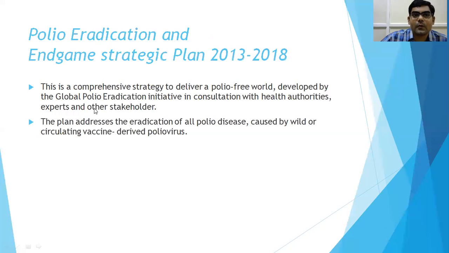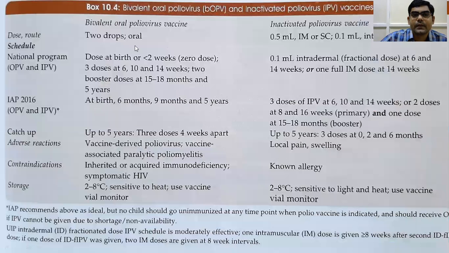One more thing I want to tell you is the National Pulse Polio Program. Every child below 5 years has to be vaccinated against polio. When you come to the literature, for developed countries, 3 doses of oral polio are given. But our studies say we need at least 7 to 8 doses of polio to protect from poliomyelitis.